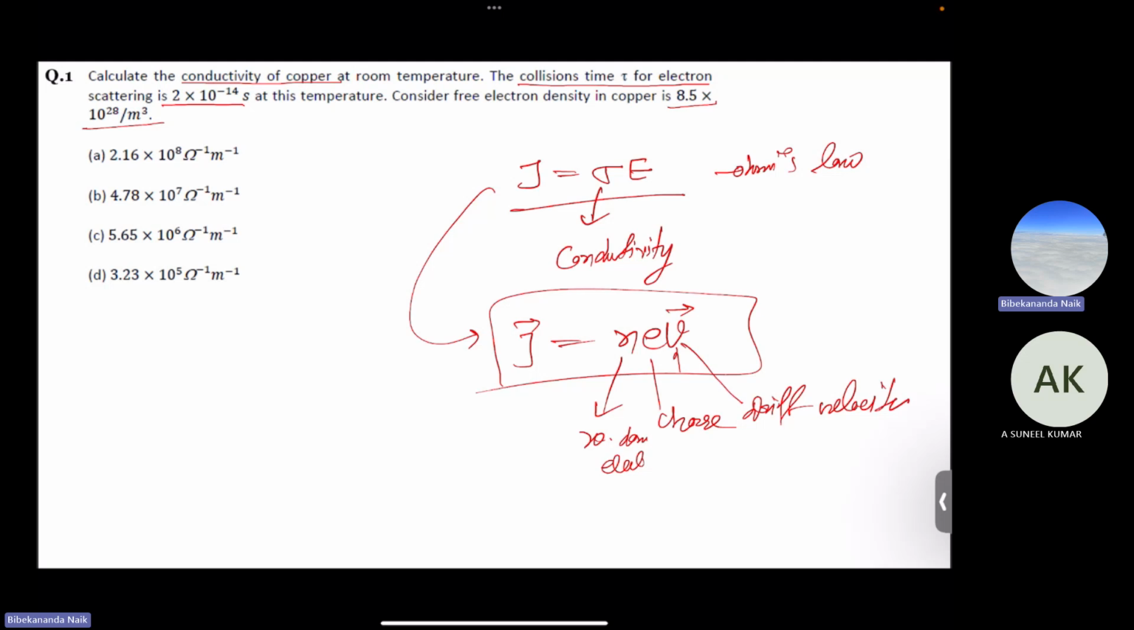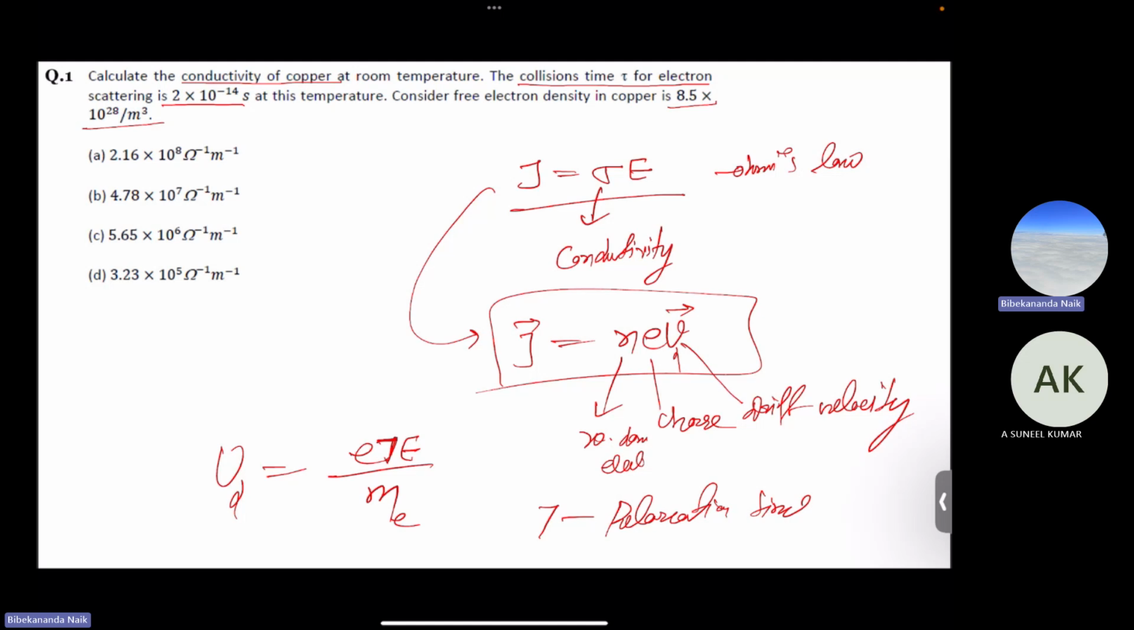So whenever there is a field, there will be drift of the electrons because electrons will follow the electric field. When the electric field is applied, there is drift motion of the electrons, and due to this motion we can calculate the current density, which will be in the form of nev. And the drift velocity is given by eτE/m, where m is the mass of electron and e is again the charge of electron. This τ, which is given in the question as the collision time for electron scattering, is otherwise called the relaxation time,